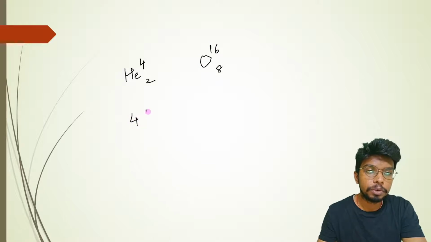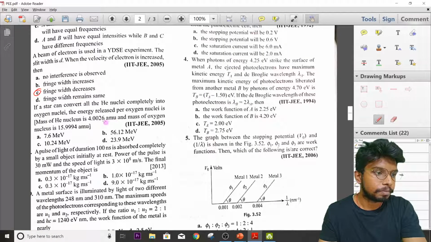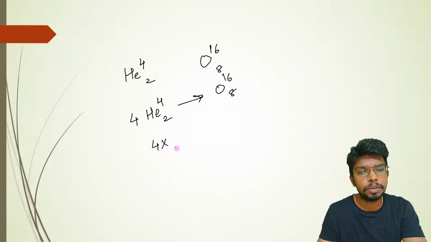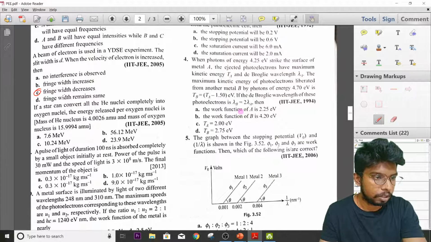complete the set of nuclear reaction, I should have 4 times of He 4,2. Then only I can get oxygen 16, because the nuclear reaction should have a charge balancing state. So 16 on the mass number and again 8 on the proton number, that is the atomic number. Mass of helium nucleus is given and mass of oxygen nucleus is given. You can find it out. You simply have to take 4 into mass of this plus, because only one oxygen is there, 1 into mass of whatever it is given, subtract both of these, the amount which you will get is nothing but the energy released, whatever it will be.